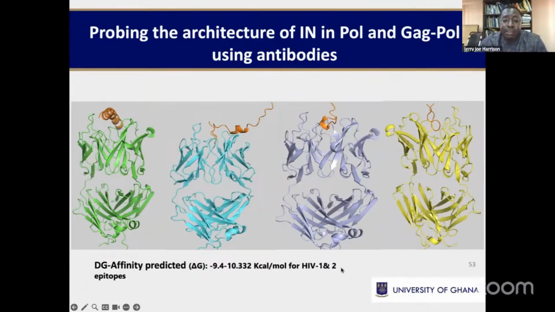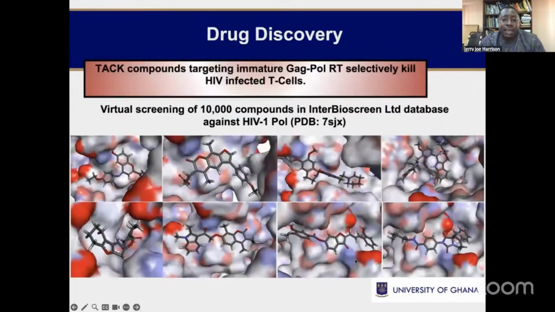We are currently in the process of expressing these antibodies and validating these bindings so that we can use them for structural studies. And again,